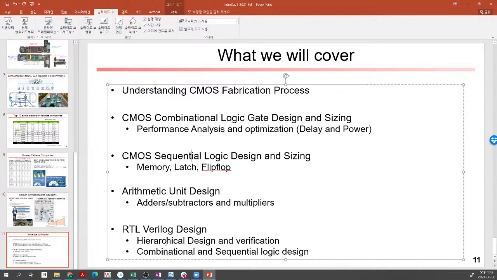Okay, and when we learn RTL Verilog design, we have to adopt a hierarchical design and verification methodology, and again the combinational and sequential logic design. Okay,